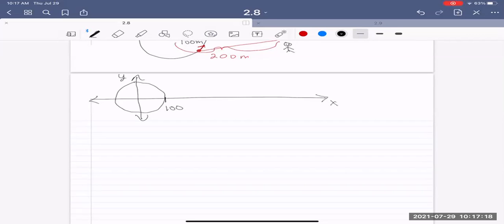And this is X. And so your friend is at 200. And you are somewhere on the track. I'll put you in the first quadrant. Again, you could have been in the fourth quadrant. By the way, you can't be in the second or third quadrant because you're only a distance 200 from your friend. Okay, so